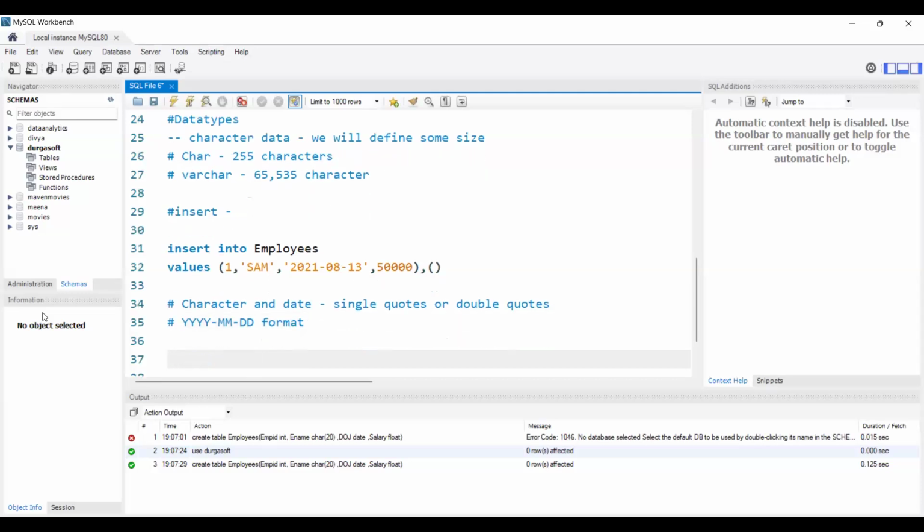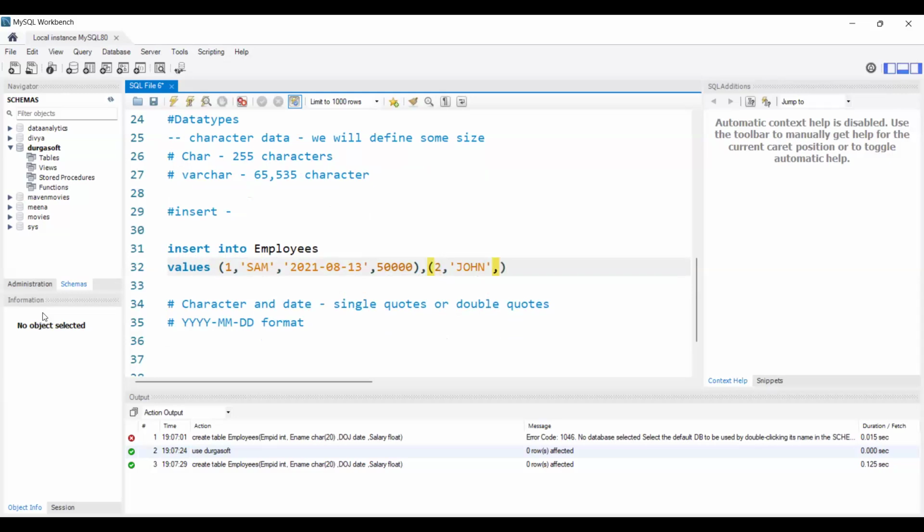Okay. And whenever we are giving the values or the data, our data should be enclosed within the brackets. And this will be my first row. To enter the second row details, I will use one comma, and again I will open the brackets and give the second data. Okay. So, comma, I'm giving something like John,